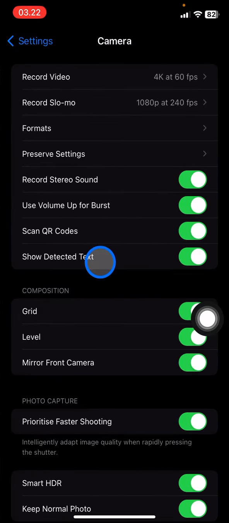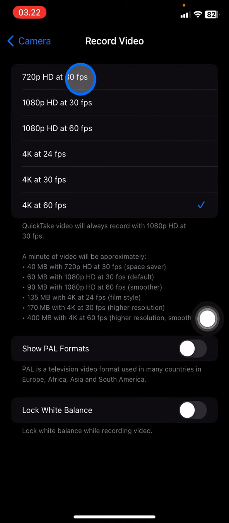The next thing you need to do is click Record Video on the top line and make sure that the checklist button is applied to 4K at 60 fps. So 4K will be the quality that you have, and 60 fps is the total number of frames per second at which the video is being taken. The higher the amount, the smoother your video will be compared to the others. So here is the best